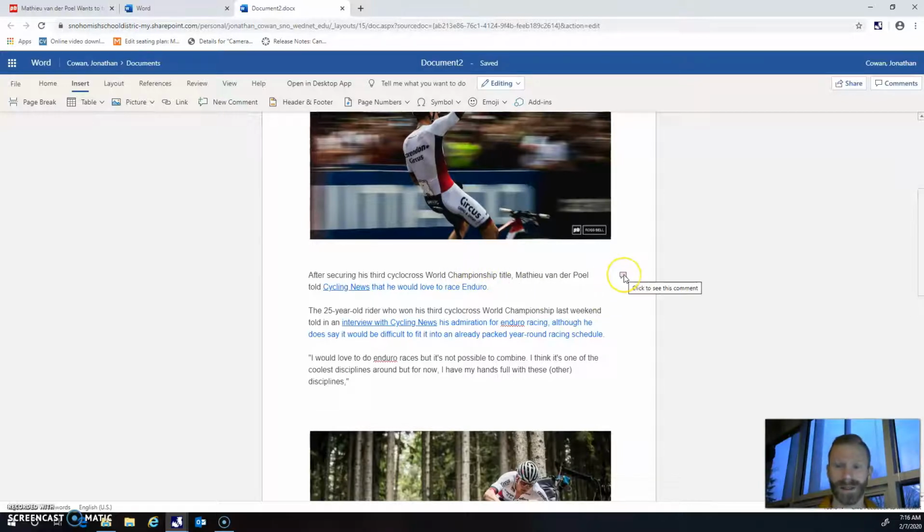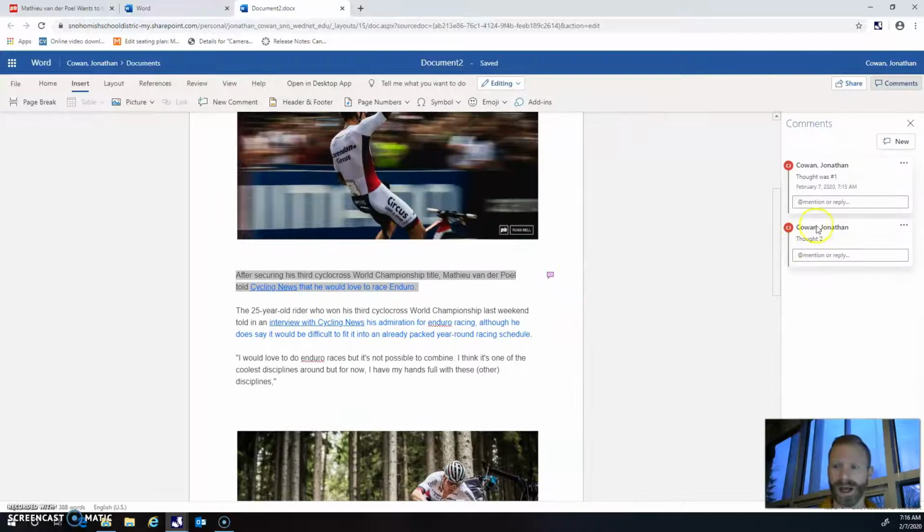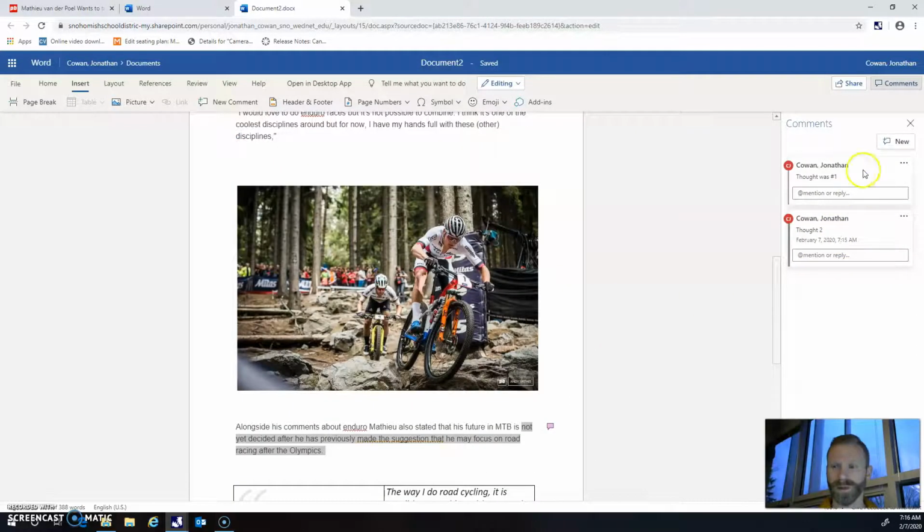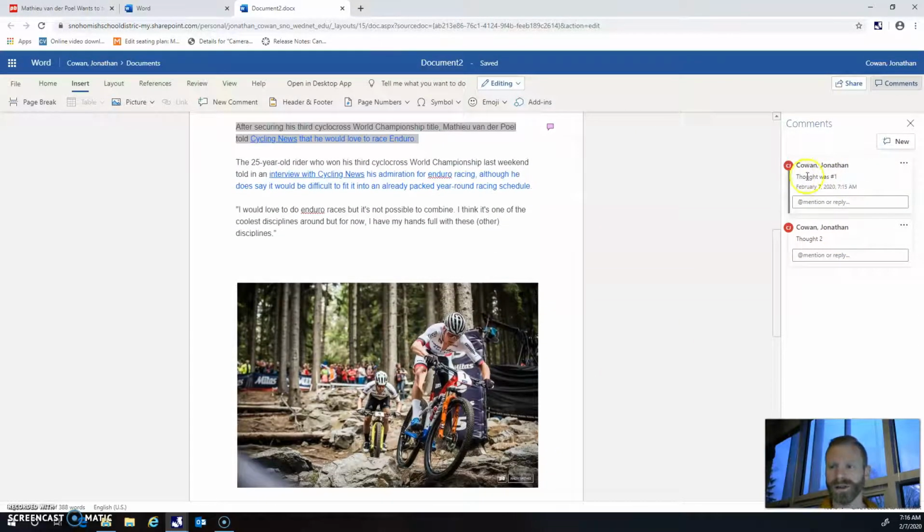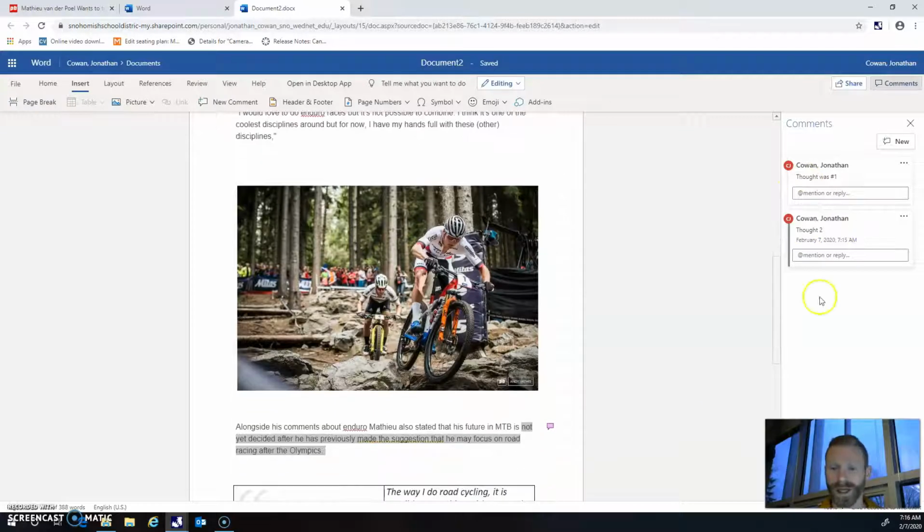If I click this little comment option, I can toggle back and forth between my different thoughts, and as long as I write robust descriptions of what my thoughts are, better than I've done here, you click it and it takes you to the part of the text and re-highlights the part of the text that led you to the thought, and you can go back and make that connection, whatever it was when you're